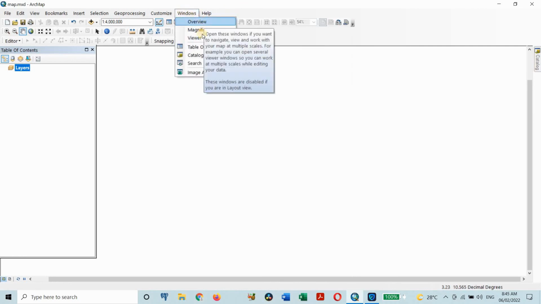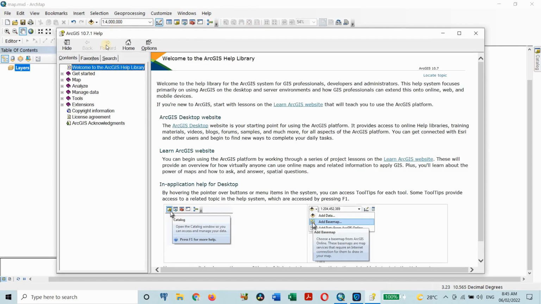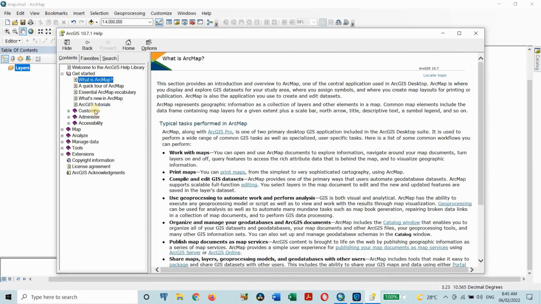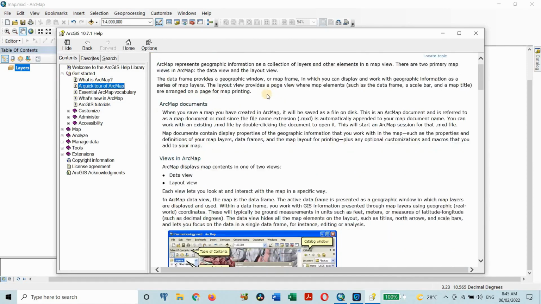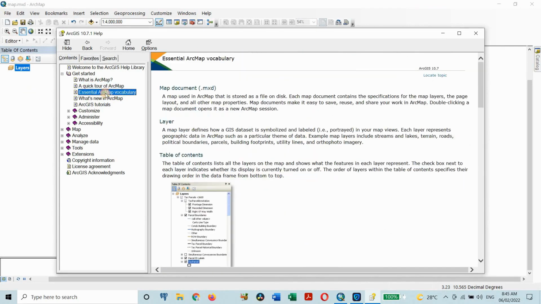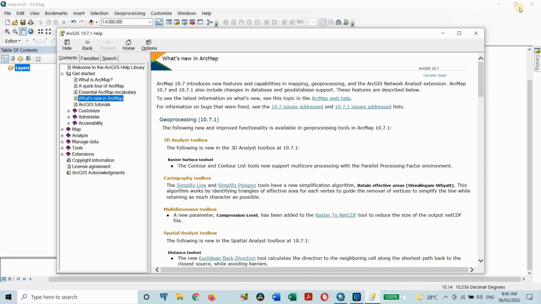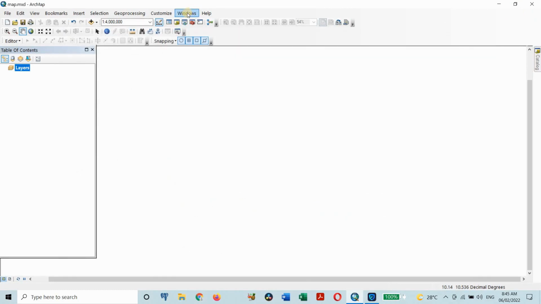This is the window overview, magnifier, and help. If you need more help from ArcGIS Desktop, you can use Help, and from this help you can learn a lot of things. You can choose whatever content you want to learn: Get Started, What is ArcMap? A quick tour of ArcMap. You can basically use this ArcGIS help to learn essential things about ArcGIS. You can do it, then you can close it,